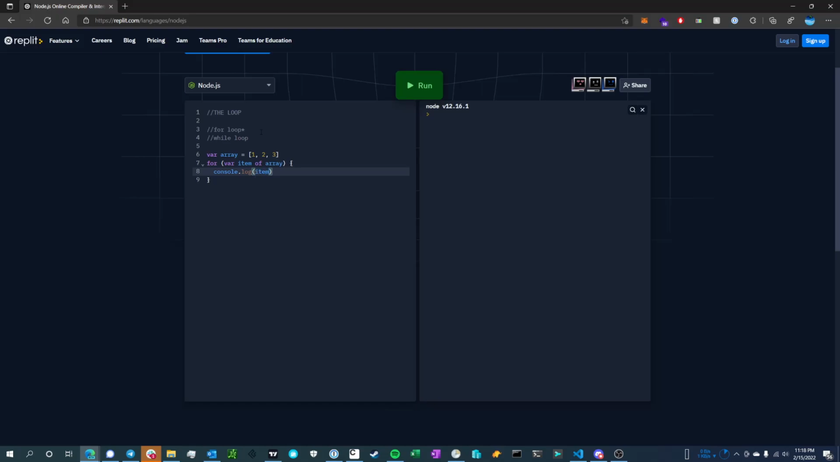All right. Pretty cool, huh? Okay, so what we've essentially just said here is for each item in array, console log the item. So we're going to run through. It's going to assign item to a value in this array. It's going to run through. It's going to do some